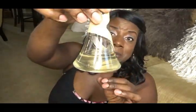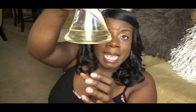But when I wear this during the winter months, I am always getting stopped. This smells so good. As you see, I have used a lot of it, and that is all that I have left. I've had this now for 2 years, I think, so this has gone through 2 winters and 1 summer, and that's how I came to the conclusion that it doesn't work for me well during the summer. But for the winter, yes,